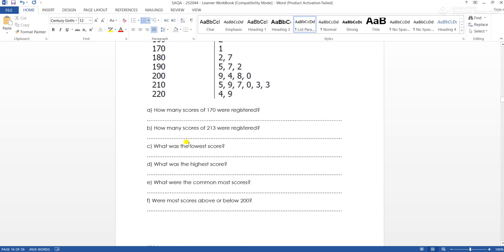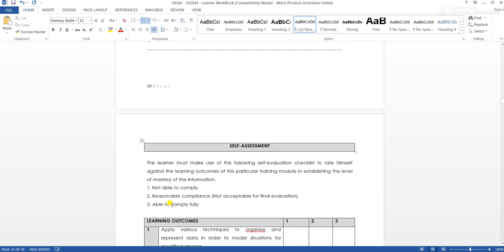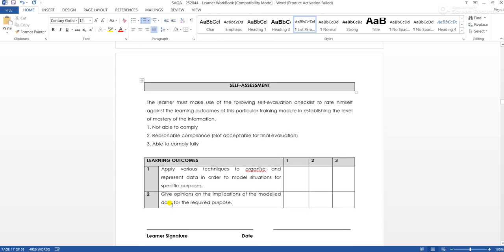Also, B, how many scores of 213 were registered? And C, what was the lowest score? D, what was the highest score? E, what were the most common scores? And F, were most scores above or below 200? So that is it with the unit standard